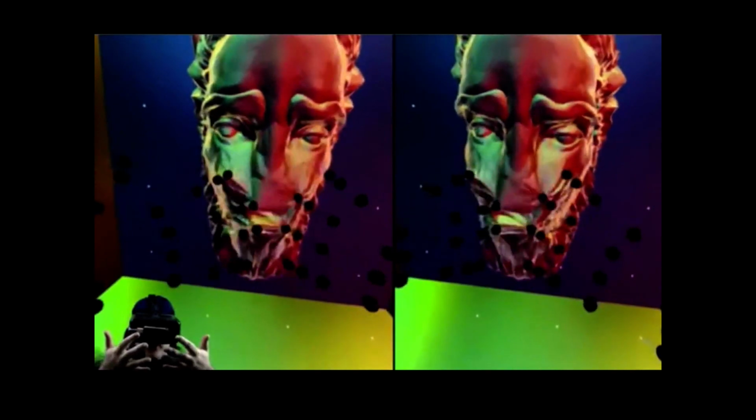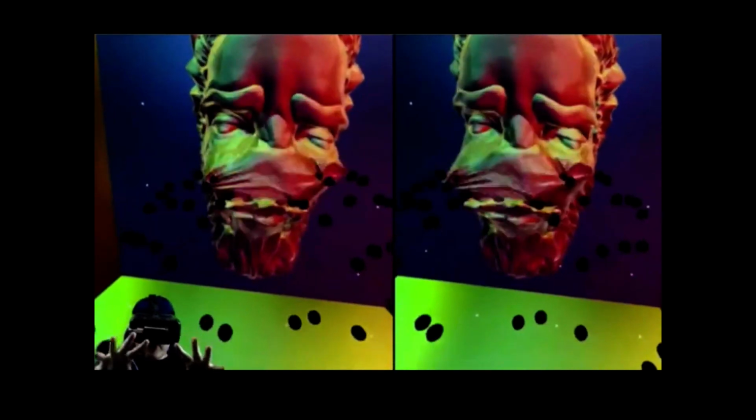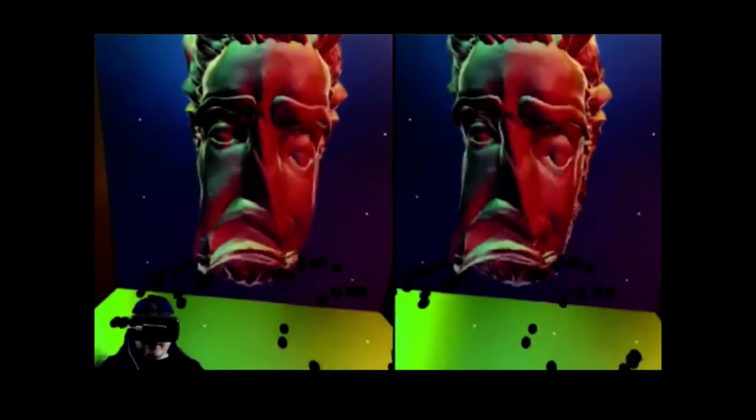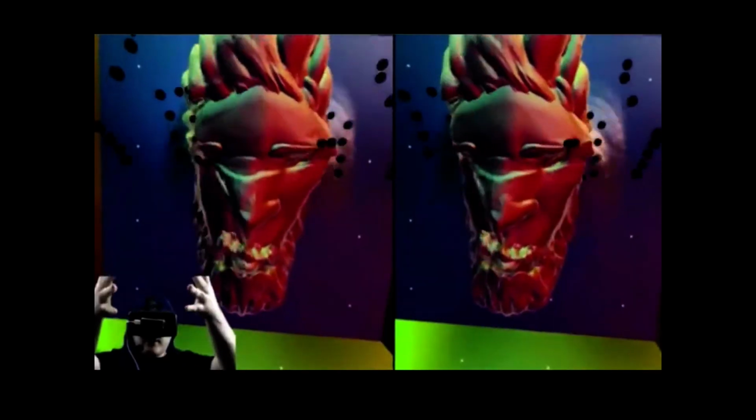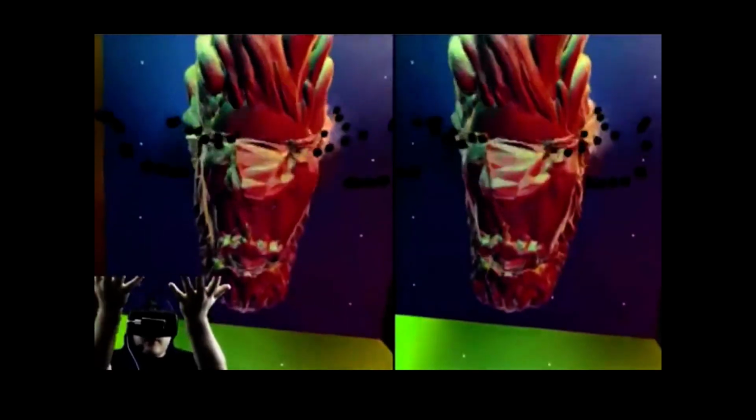So this is an example of a demo that I saw at GDC. It really blew my mind, because you could see the hands there, and as he's putting his hands in, it's distorting this face. He's poking around, and if you've never had your hands in a VR experience, it's pretty amazing. I wish I'd had more time to set it all up, but it is fairly laggy, and there's the downside of your first VR experience not being the best in terms of optimal performance, because this is